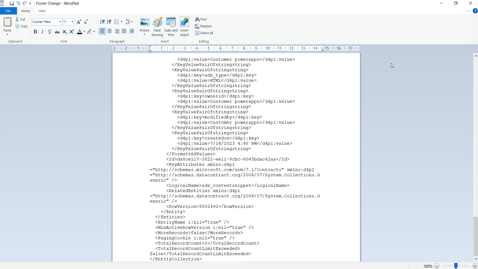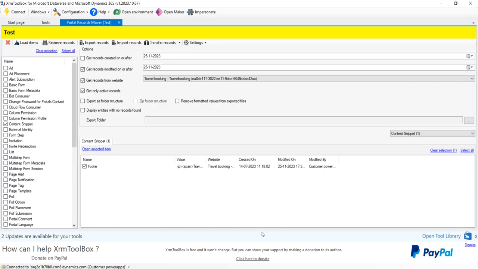The XML file has downloaded, and now we have given the particular criteria. Whatever the code is, we are moving it to the next environment. The first step has completed, in the second step we have exported those records, and in the third step we can import this into whichever environment you want to move it to. Now, before going to the third step,